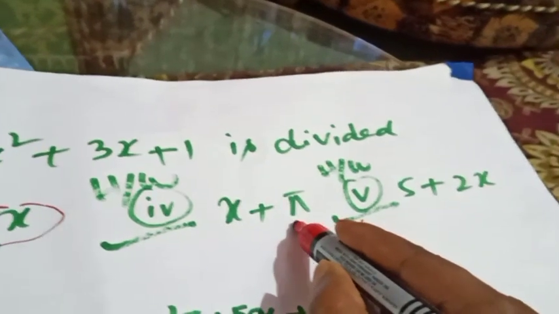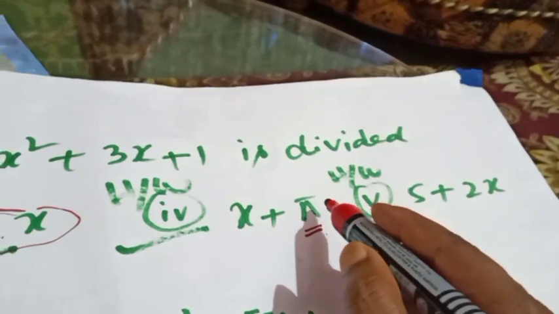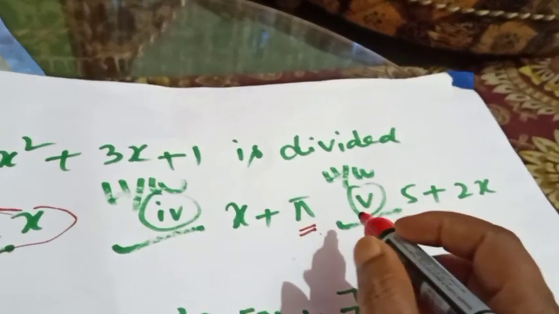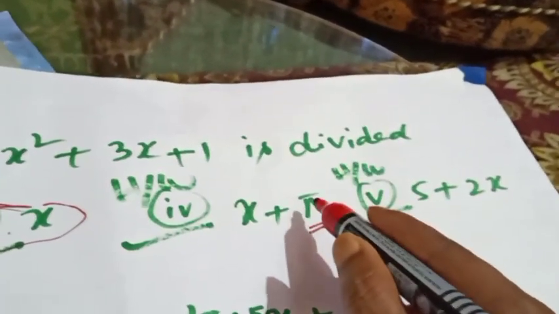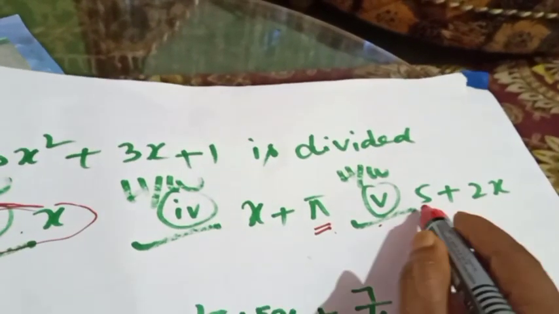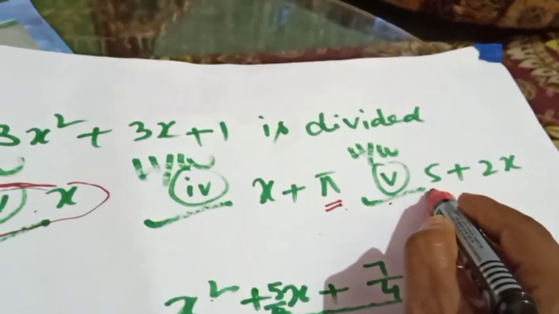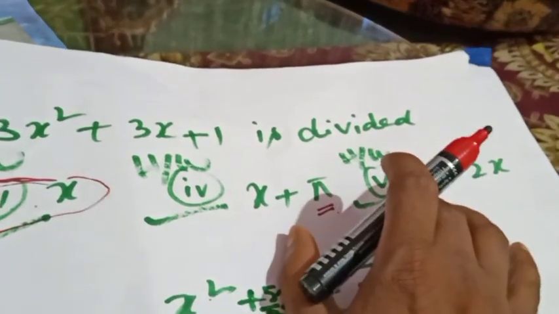See, no need to put the value of pi. Means 22 by 7 is not needed, or 3.14 is not needed. Try to find the result with pi only. Understood? For question numbers 4 and 5, you can use any one of the methods. Okay? In case of any doubt, you can